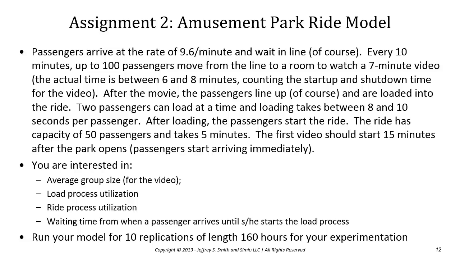We're interested in a couple of performance metrics. The average group size for the video: it's up to 100, but if there aren't 100 people in line, then they'll start the video on schedule, every 10 minutes, regardless of how many people are actually there, and you'd like to know what that group size is. The load process utilization and ride process utilization are both of interest. And finally, the waiting time from when a passenger arrives at the line until he or she starts the load process. Once they start getting in the ride, they're satisfied, but the whole time in between, while they wait in line and watch the video, they're unhappy. So you'd like to be able to track that time